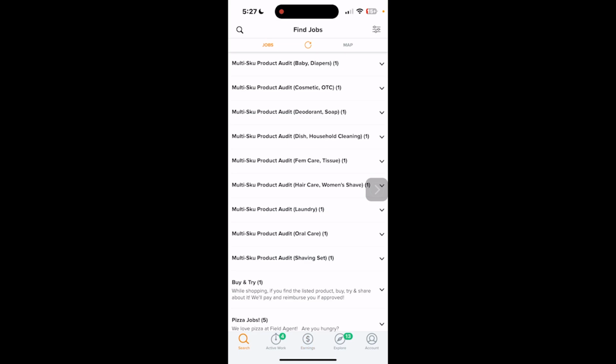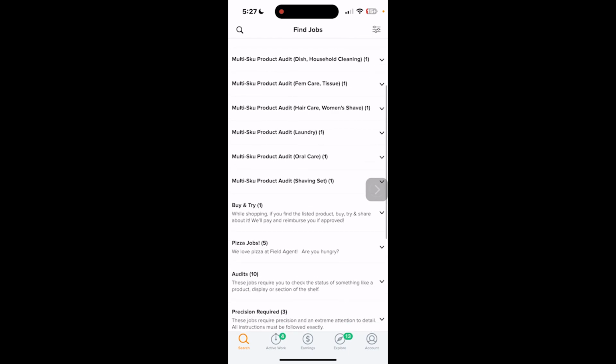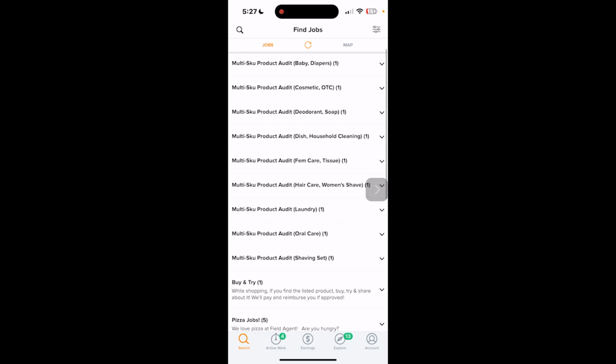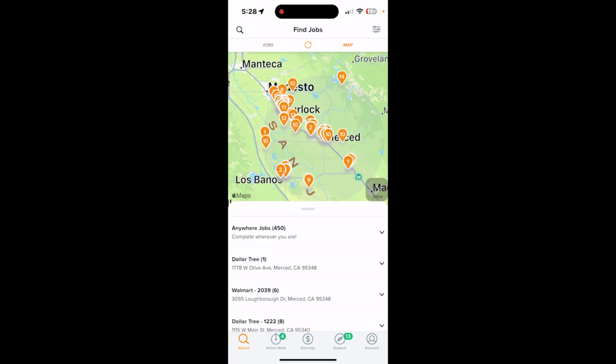One last thing I would like to show you guys is, let's say, hypothetically speaking, you're just walking through the store and you don't feel like going through each individual job like I do. I don't want to do all this. So I want to see where the jobs are that are at the store that I'm currently at. So in order to do that, just go ahead next to jobs. You see that there's a little recycle symbol, and next to the recycle symbol is a map. You want to click on maps, and map will show you where all the jobs are compared